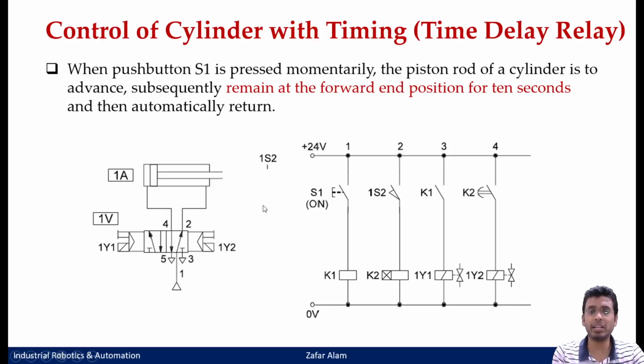It is not completely reciprocal. It was only for one cycle, if you assume. Okay, sir. So if I say this cycle has to continue till I stop it, then again I have to put one more valve here, one S1, so that when it comes back, it will extend forward, remain 10 seconds, again come back, again extend forward. Fine. So if this is only for one cycle, then I can do it with only one valve, right? Okay, sir.